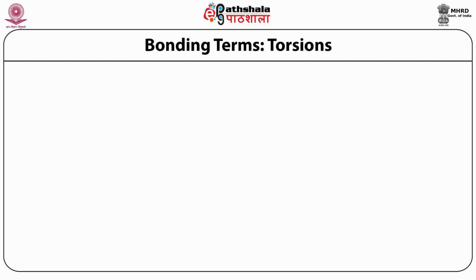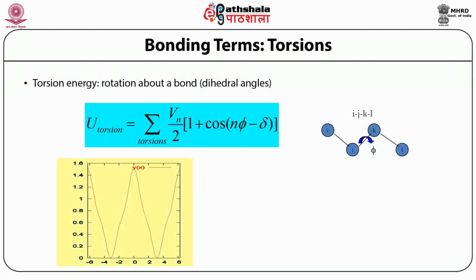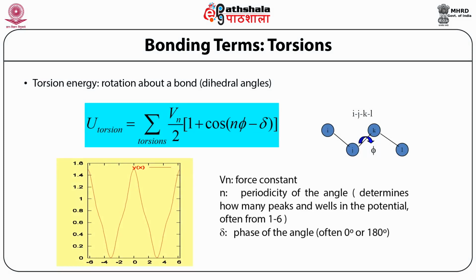We now have the torsion term details and how it displays, particularly where n is the periodicity of the angle, as I described. So it can have a certain number of peaks. Here you can see there are 3 of them, so n equals 3 here. Often it can be even up to 6, but at least we know that there are 3 peaks. So it can have a dip, it can have 1 peak or 2 peaks. More detail is shown in the next slide. Phase angles are often either 0 or 180 depending on what system we are using.